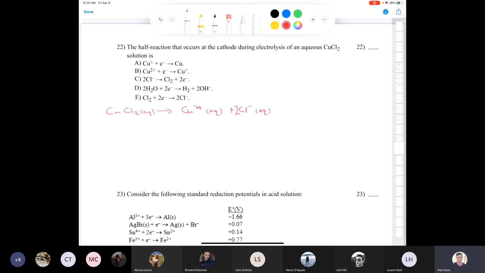Oop, need to balance that out, don't I? There we go. So what's going to happen at the cathode is going to be reduction. Which one of these is going to be reduced? Well, I'm not going to reduce this because it's got a negative charge. I can reduce the copper 2+ ions though, can I? So my reduction is going to be copper 2+ plus